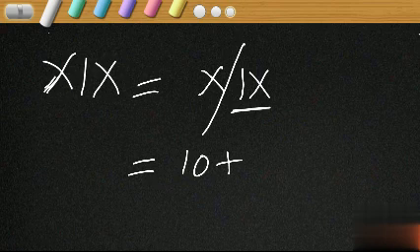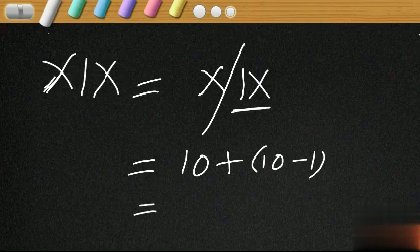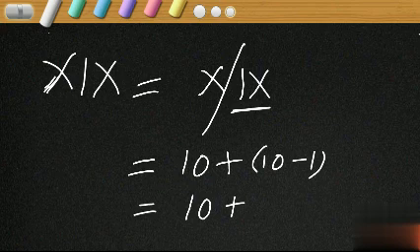As per our third rule, what is the meaning of IX? A smaller numeral is written on the left side. Smaller one on the left side means subtraction. Smaller one on the right side means addition. So X means 10. 10 minus 1. This is the second section. 10, one section. 10 minus 1, second section. What is 10? 10 itself. 10 minus 1, 9. So what is the answer? 10 plus 9. 19 is our answer.